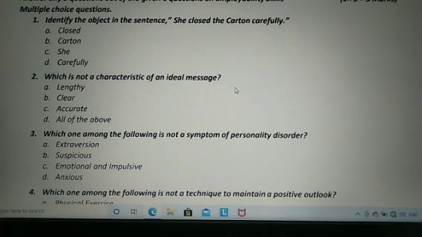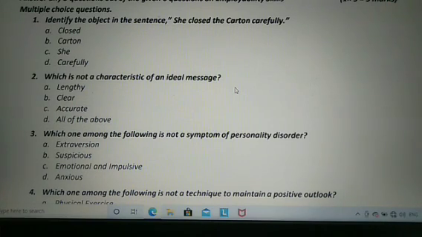You always want your message to be clear and accurate, but you should always try to keep your message concise. So lengthy will be your answer, that is not an ideal characteristic of your message. The right option is option A, lengthy.